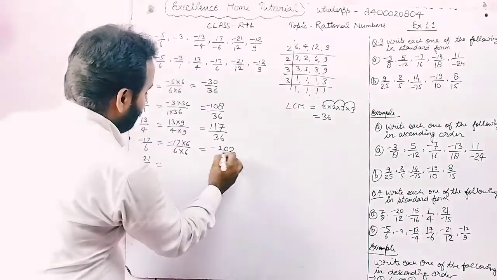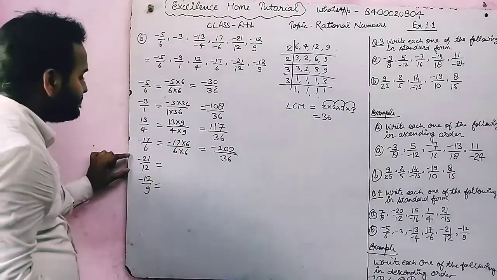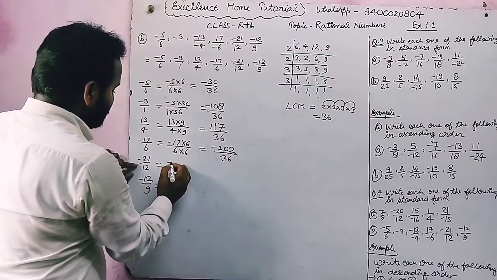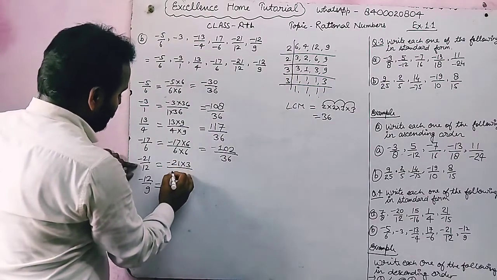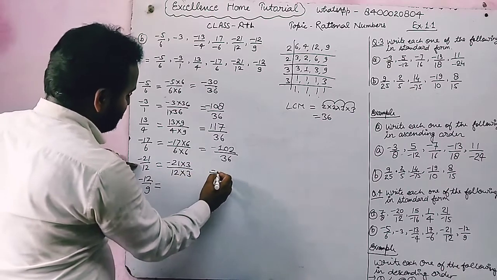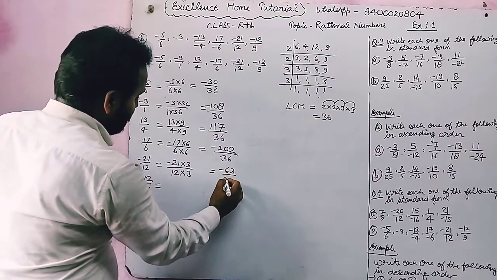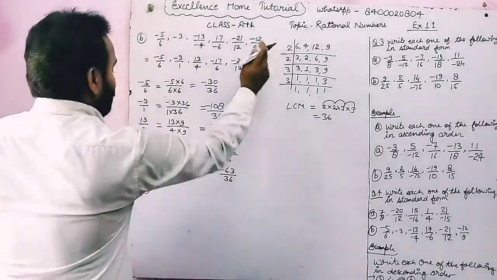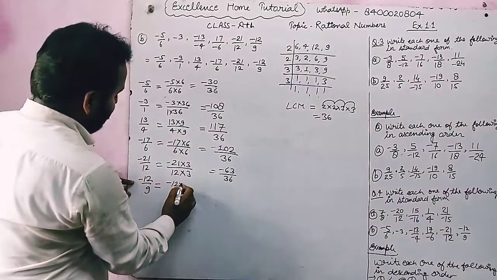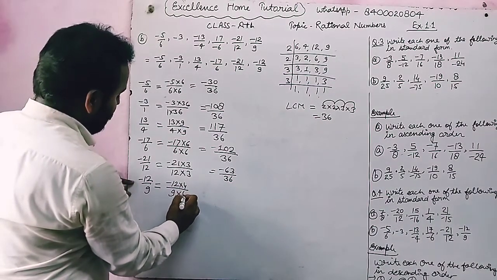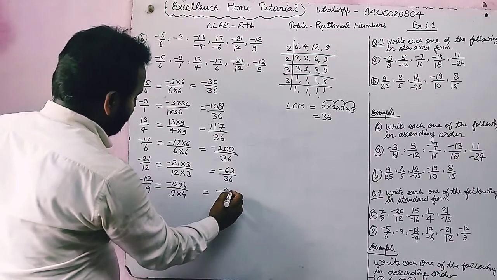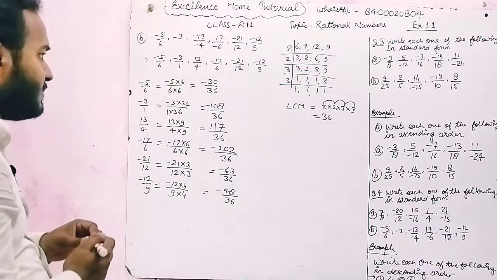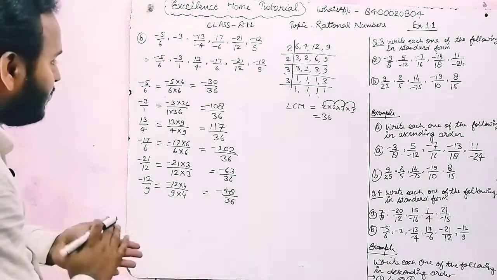This is 102. And 12, we have to remove this, and the remaining is 3, so we multiply both numerator and denominator by 3. 3 1s are 3, 2 3s are 6, there is 36 and 36. And there is 9, so we have to remove 9. We multiply both the numerator and denominator by 4. So 9 into 4 equals minus 48 upon 36. So all the denominators are equal to 36.